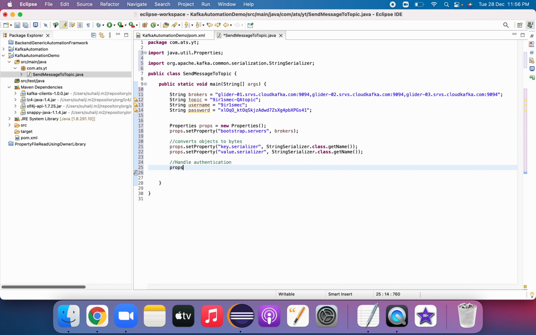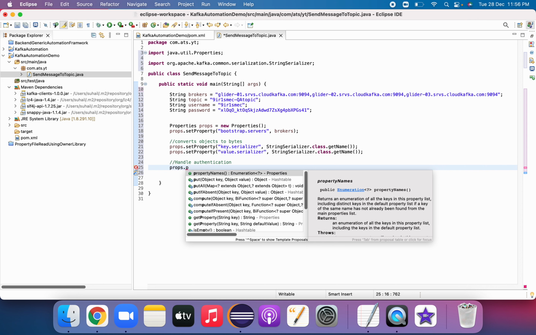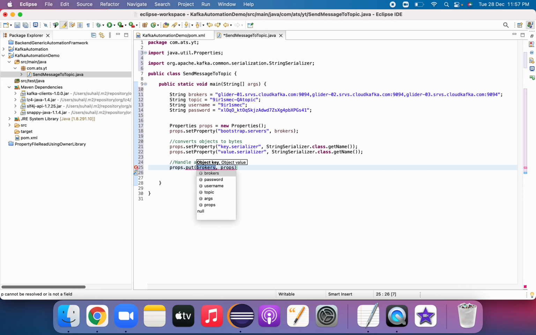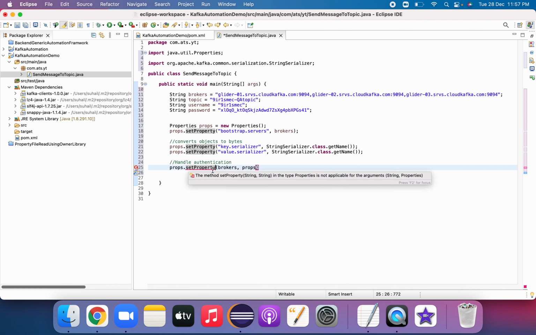Let's say props dot put; you can use setProperty or put. Let me use setProperty itself. The property will be security.protocol.